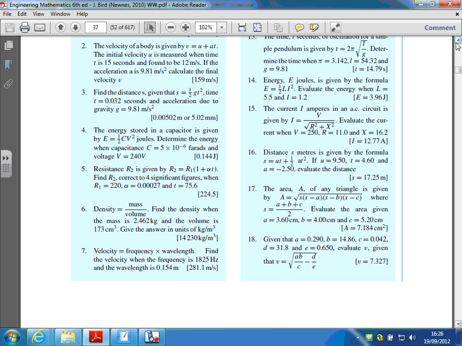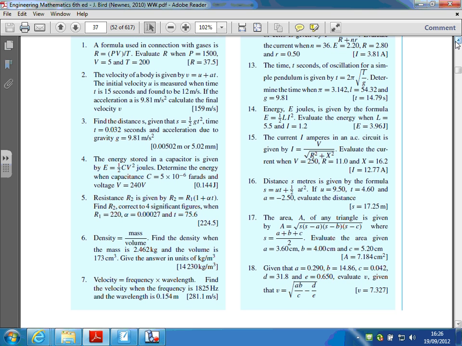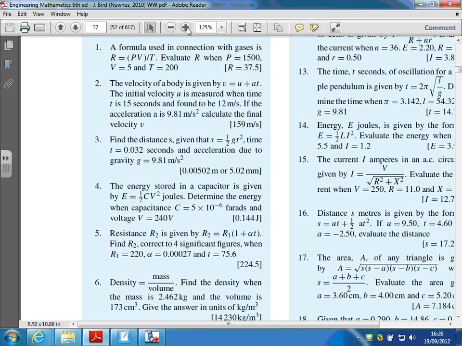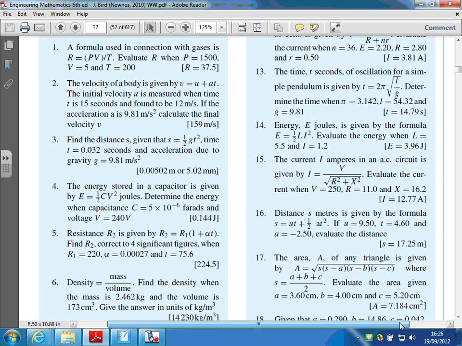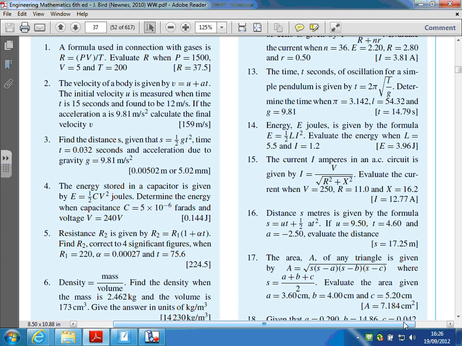I'm going to give you a period of time now. I'm going to just zoom in a bit so you can see it clearly. Can you see that at the back? Okay, so lots of them. Note the questions have the answers at the end in square brackets. So all the exercises have the answers there, so you can check you've done it right when you've done it. Okay. There we go. Help each other. The problem is trying to extract information from the question. Make sure the units are okay and stuff like that. So I wanted to have a go at